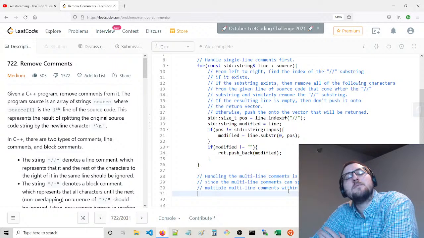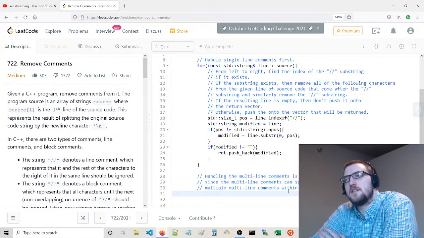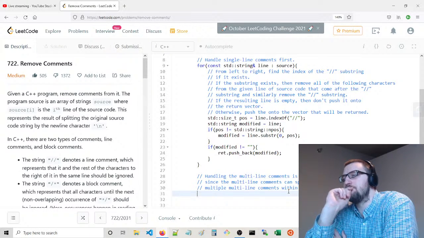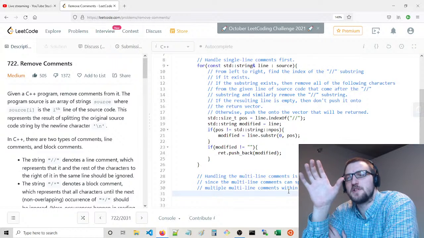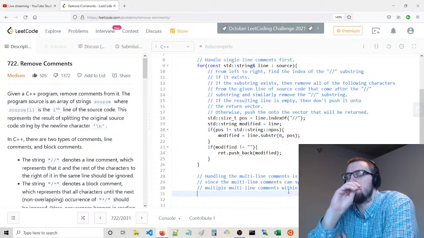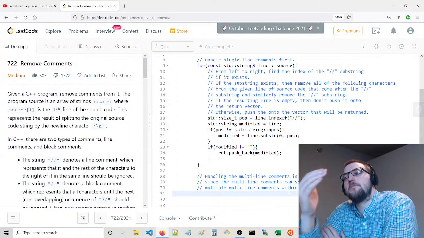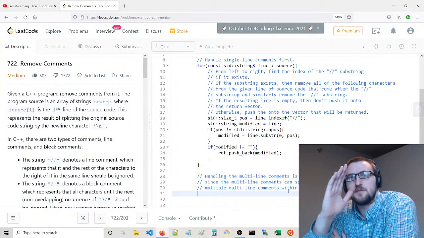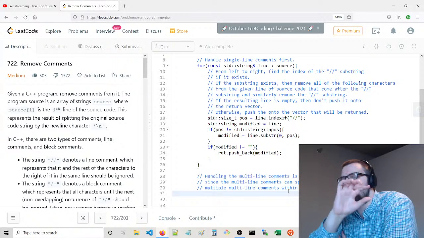Let's say, how do we do this? I think the easiest thing to do is to take the entire source code file and replace the, so now we have this vector of new lines. I think it would be easier to build a string, in other words, when we jump from one string to the next, we should just include the new line character, and process this as a single line.